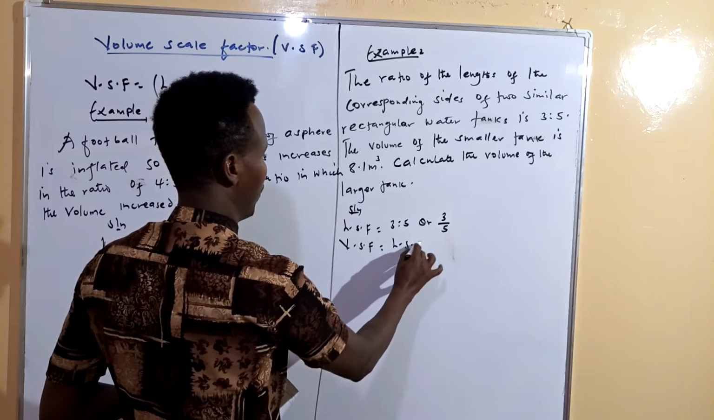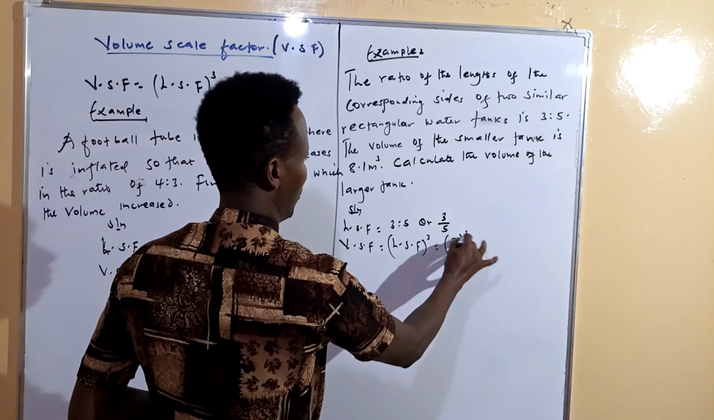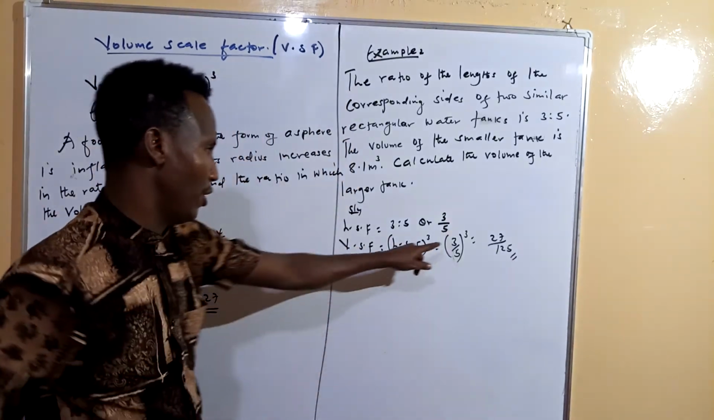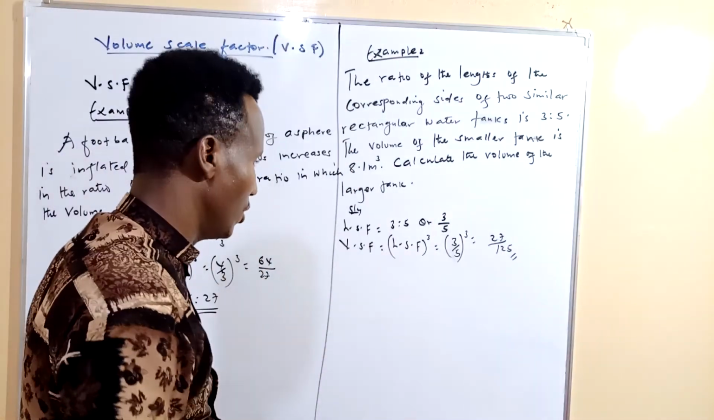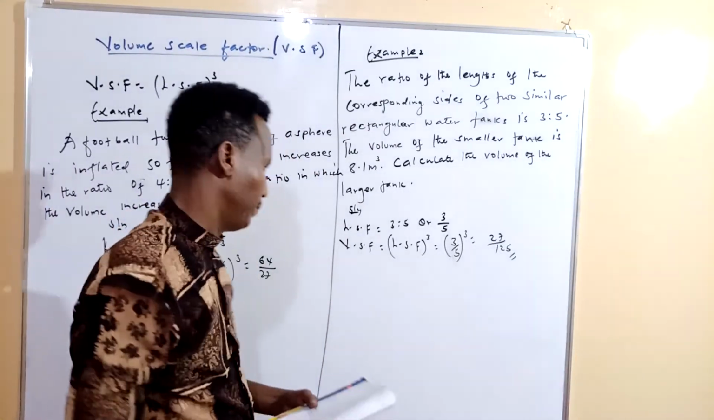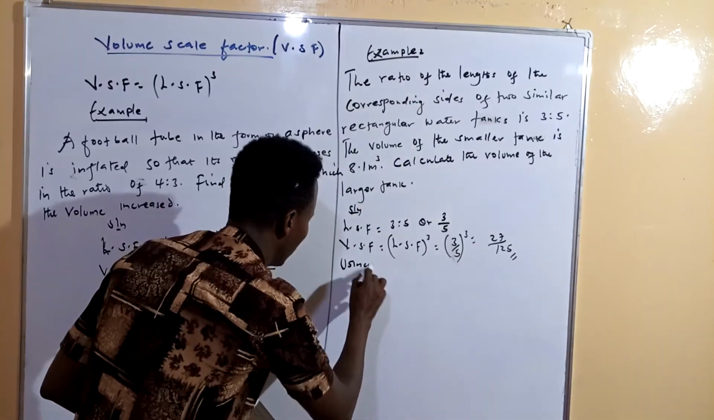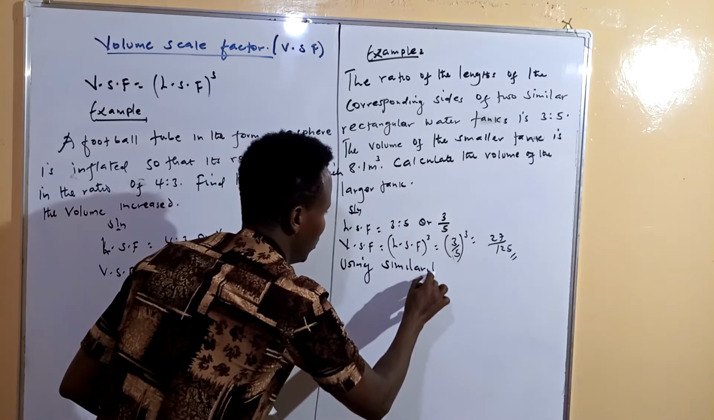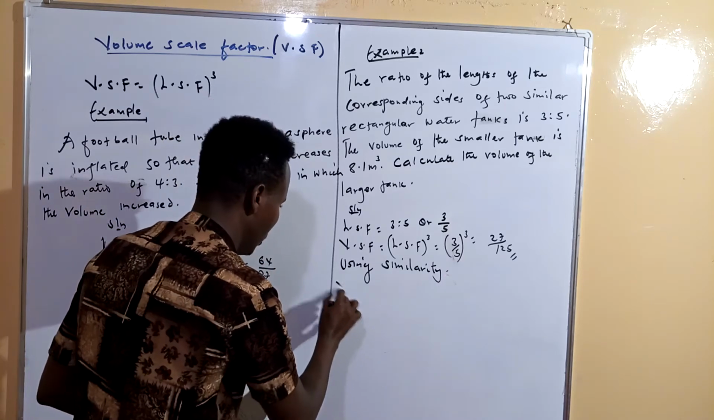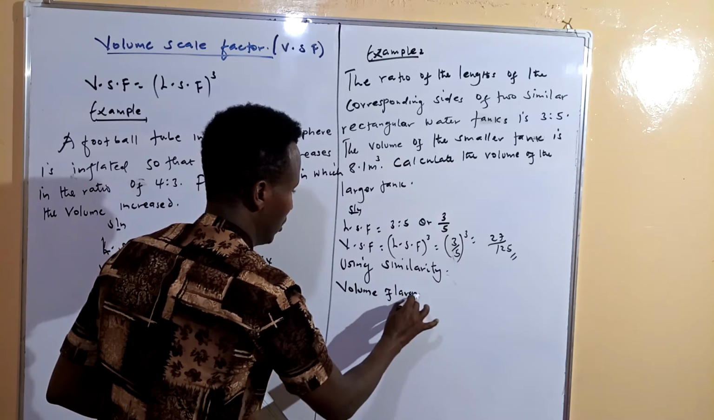It is equal to the linear scale factor in brackets cubed, which is 3/5 cubed. It will give me 27/125. 3 cubed means 3 times 3 times 3, which is 27. 5 cubed means 5 times 5 times 5, which is 125. Now, let's use similarity. Using similarity, you can say, volume of larger tank